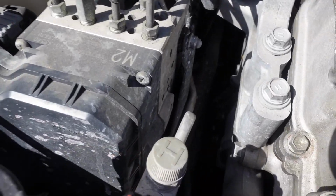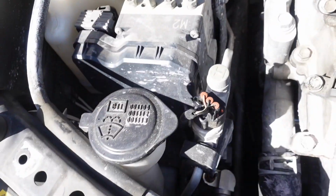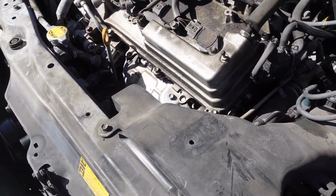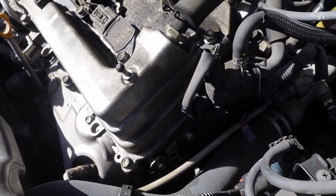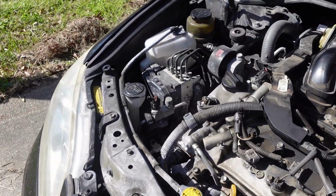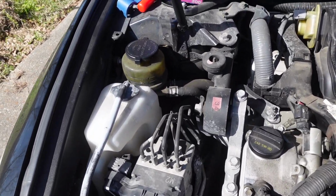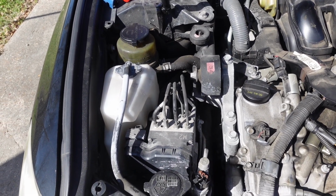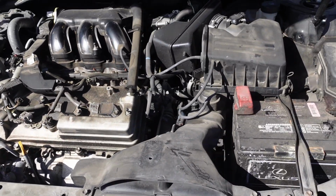As you can see though, there's not a lot of clearance. These V6s stuffed into these Camrys and ES models. Very little clearance on the front side of that engine. The original factory recommendation to change a water pump on this thing was to pull the engine. And yeah, so there's ways around that now, but we're not doing that. We're pulling the whole thing. So,